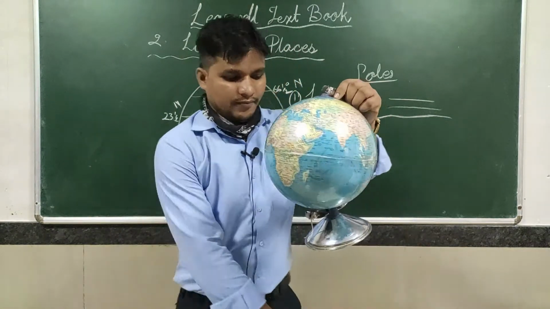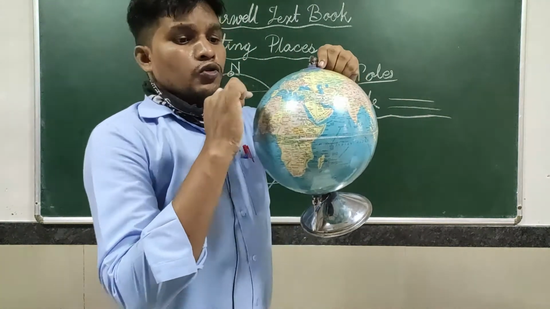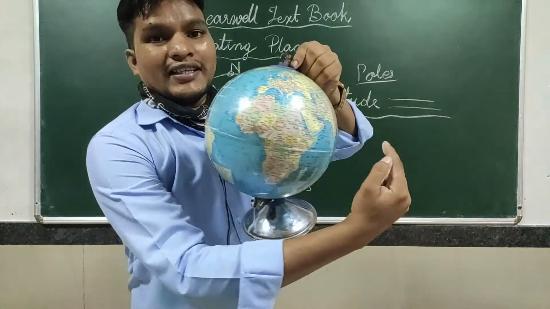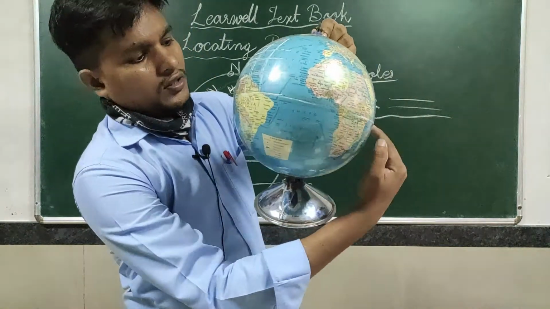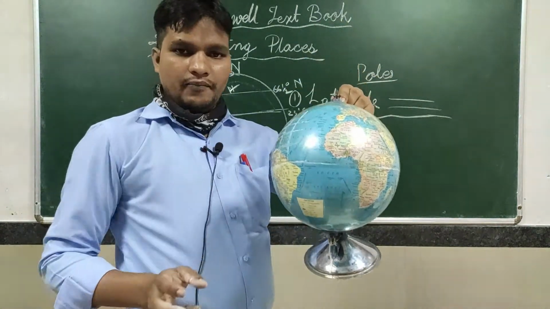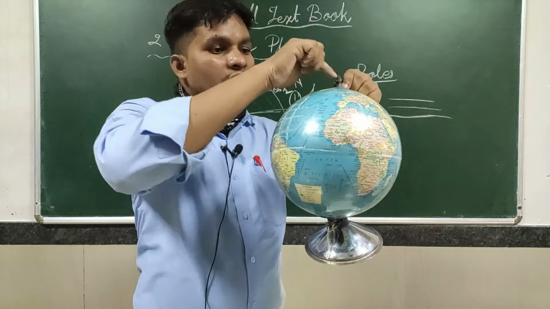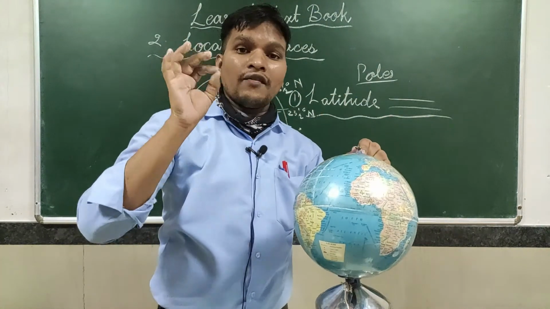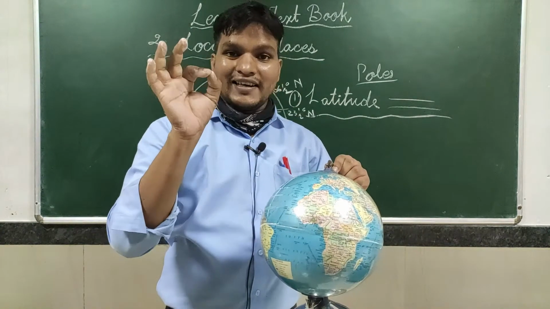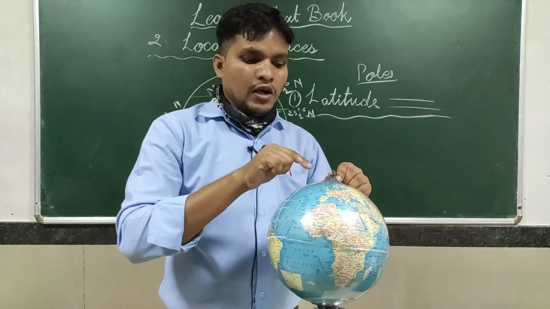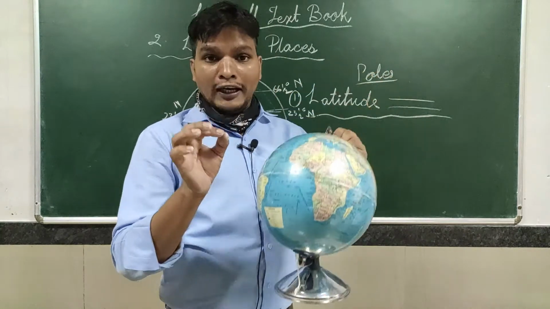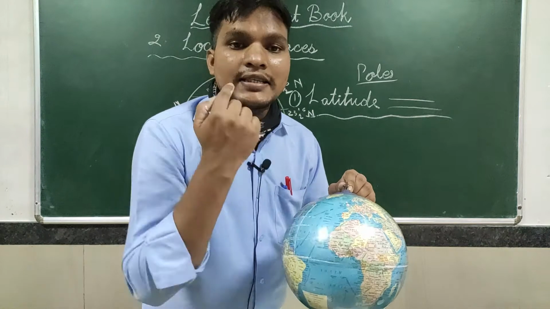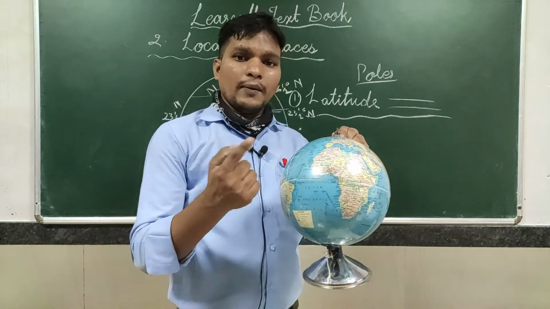Just let me show you. These are the latitudes. This latitude comes around the whole globe, isn't it? This equator goes all the way around, so it becomes a circle. But the pole, this point, is there any circle? Nothing. It doesn't have any circle. It's a point. So keep in mind, the North Pole and South Pole are only points, but all the other latitudes are full circles.